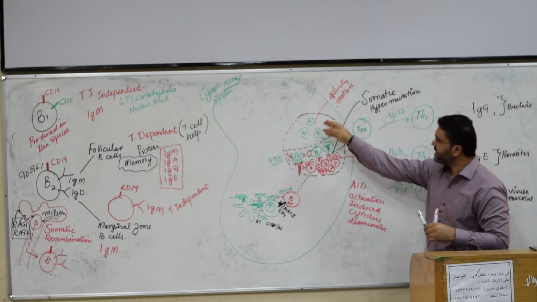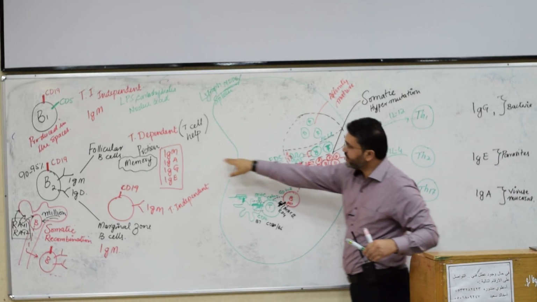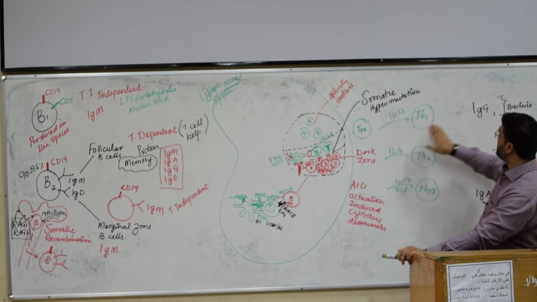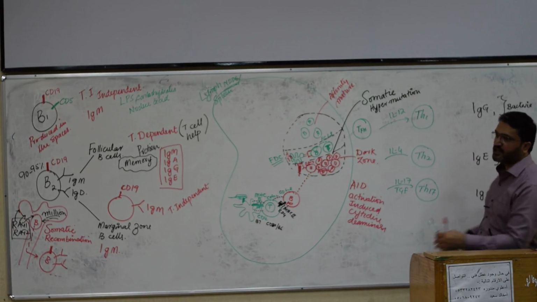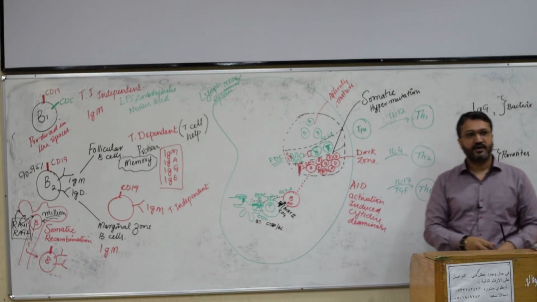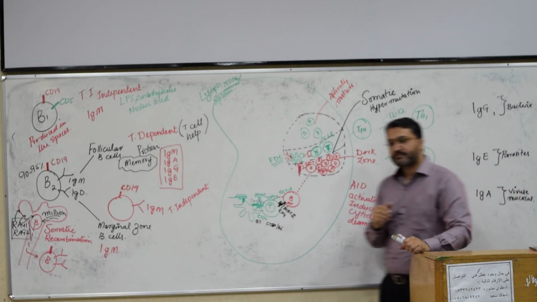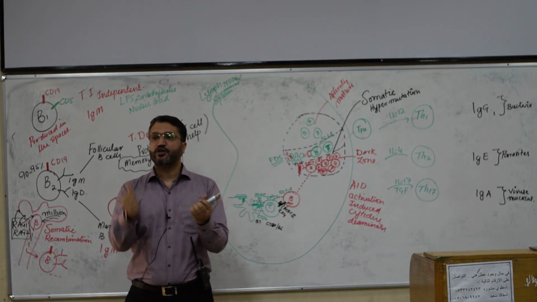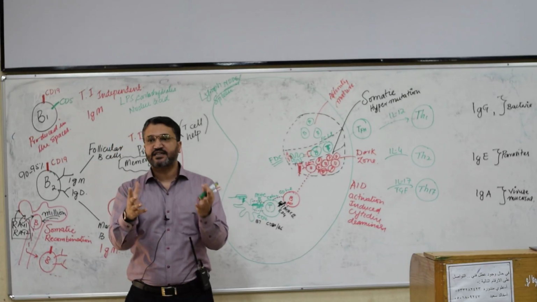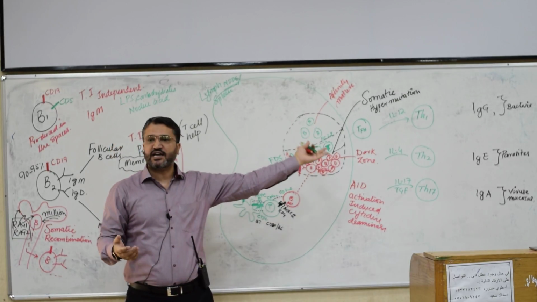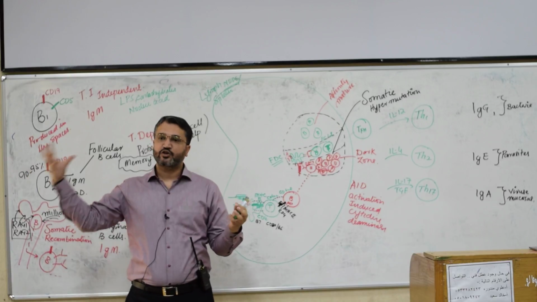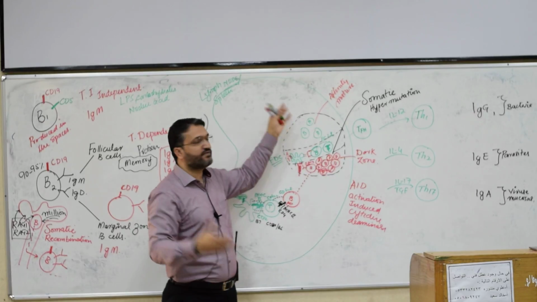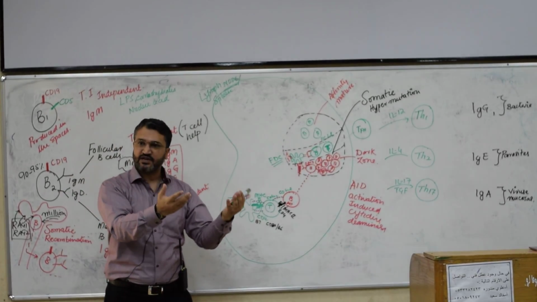And now they are ready to leave the germinal center, go into the circulation, and convert into plasma cells, and those plasma cells will produce either IgG, IgE or IgA depending on the initial signal. Yes, what about memory? Once the job is done, they go out and are able to produce best fit antibodies, and they will fight the pathogen. How will they fight? Let's say IgE will bind to the parasite, eosinophils will come, degranulate, destroy. When this is done, let's say we have 200 cells, those 200 cells will die, only 2